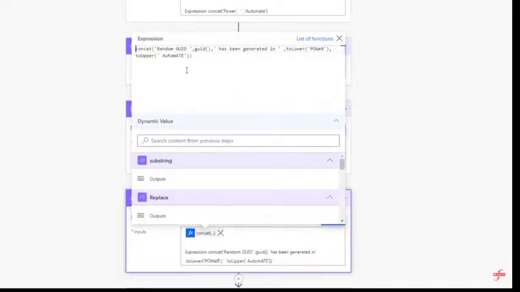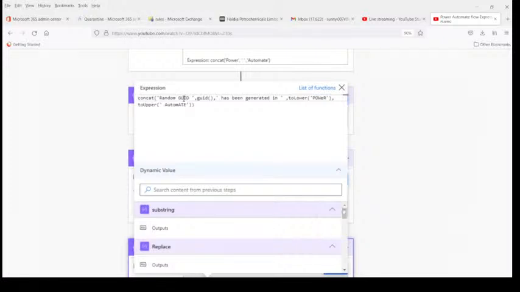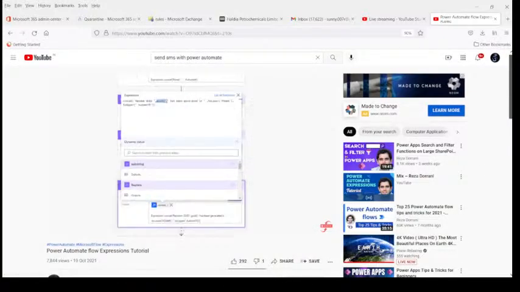Here is an example of nested expressions related to string functions. I'm using concatenate. So concatenate random GUID. There is a function called GUID that randomly generates a